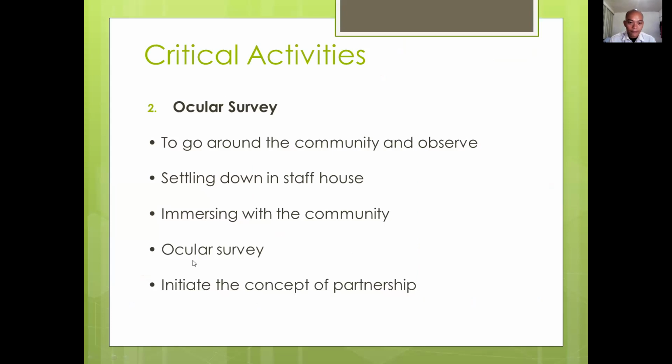Okay, so ocular survey, immersing with the community. Ocular survey, nasabi na natin kanina, nasan yung mga bahay, nasaan yung mga main road, nasaan yung mga bilihan. Okay, so yan yung mga titignan nyo. Where is the clinic? Where is the barangay hall? Okay, etc. etc. And initiate the concept of partnership during your ocular survey. Of course,